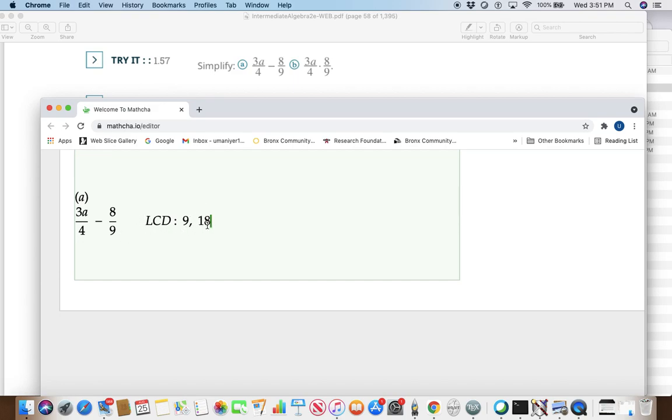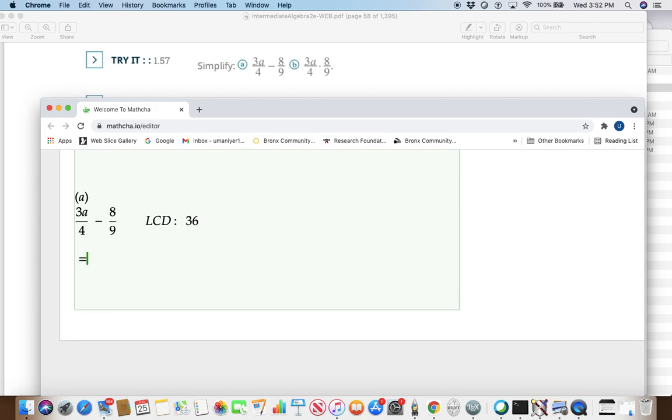Does 9 divide 18? Yes. But does 4 divide 18 evenly? No, it does not. 9 times 1, 9 times 2, 9 times 3 is 27. 4 still does not. 9 times 4 is 36. Now 4 divides 36, 9 divides 36. So 36 is the least common denominator. Scratch off all the previous ones. You have